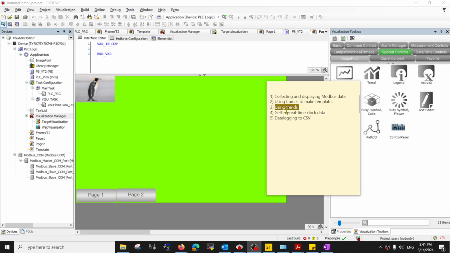So now, I hope you all survived so far. This one will be easy. This third part will be learning how to use trend to visualize your sensor data. Okay, so without further ado,